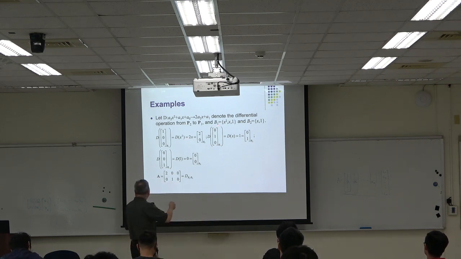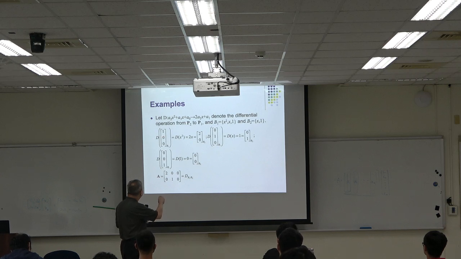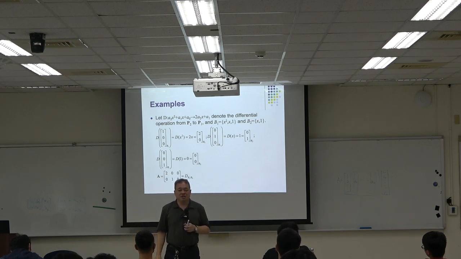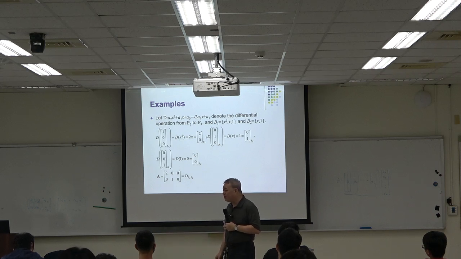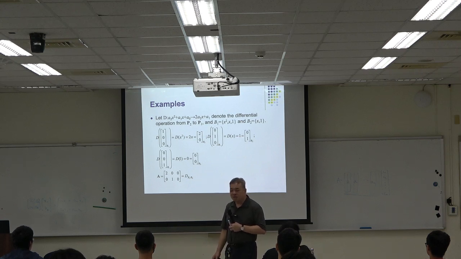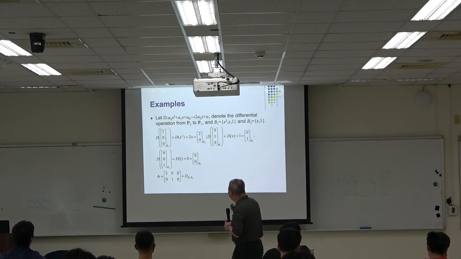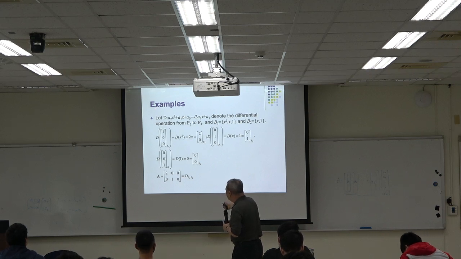So first, the differentiation operation on the 1, 0, 0. This 1, 0, 0 means what? It means x squared, right? X squared after the differentiation is 2x, right? Any question? Anyone, like, you took calculus in your first year, right? You all know differentiation, right? The derivative of x squared is 2x, there's no problem with that, right? OK. So 2x, remember like this, we map the polynomial from P2